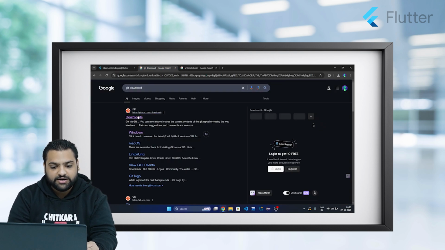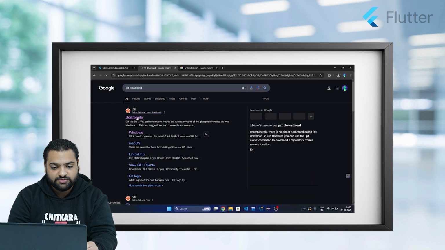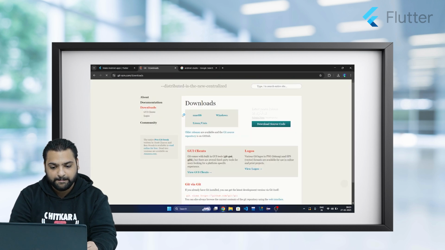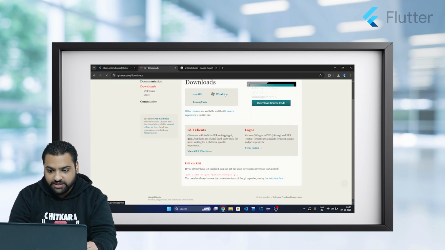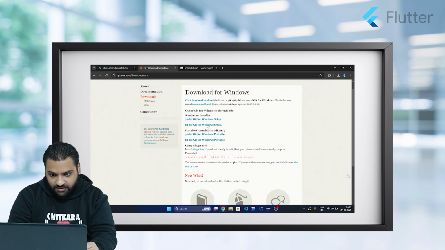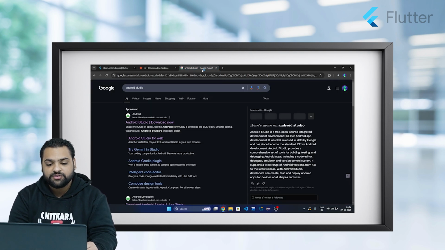We will also need Git, and we go to Git's website. Here we select our PC's platform and installer, and it will be downloaded. Again, we will also need Android Studio as it is an IDE required to code Flutter apps.